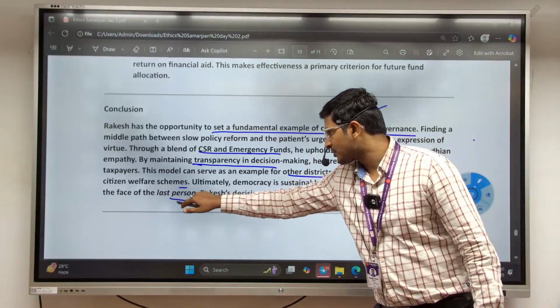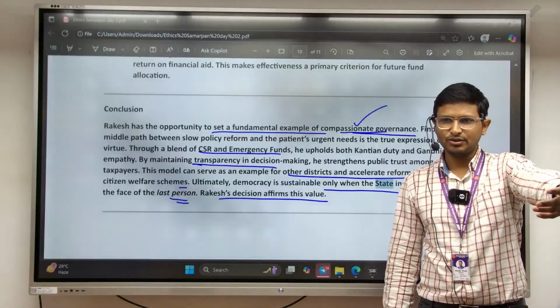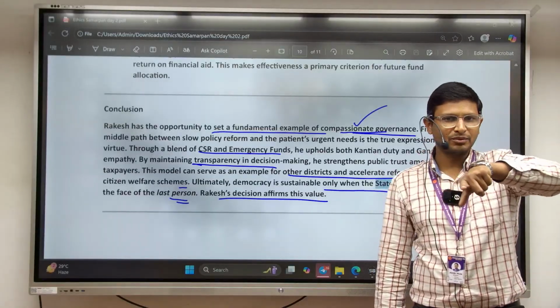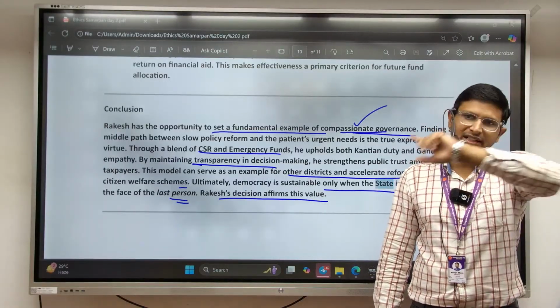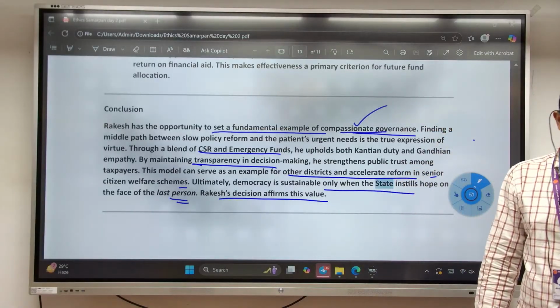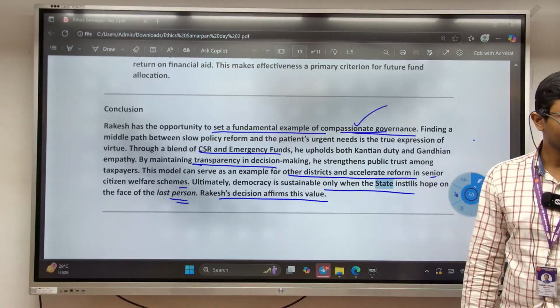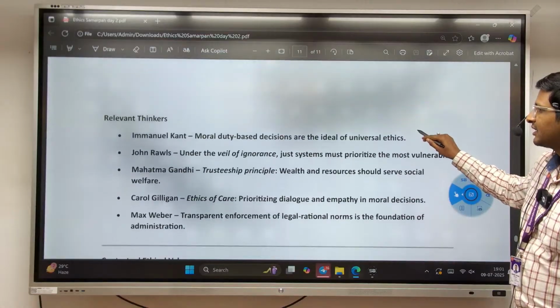the face of the last person, Rakesh's decision affirms this value। तो रिजेक्ट तो तुम कर नहीं सकते हो, but you have found out a different solution। One solution that we discussed, that enrolling the person in any other scheme, that also you can write here, किसी और स्कीम में भी उसे डाल दो, that is also a good solution। Okay, so if this can be done, then all problem is solved।